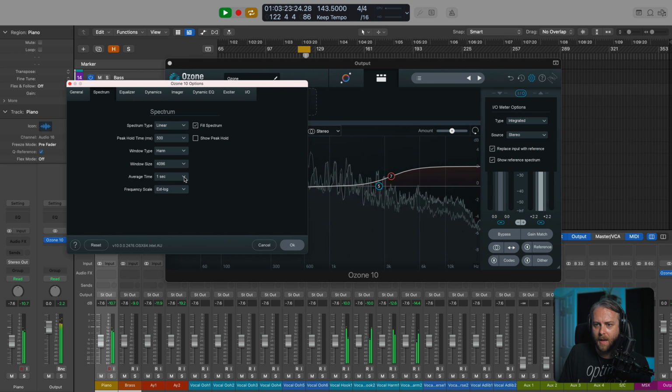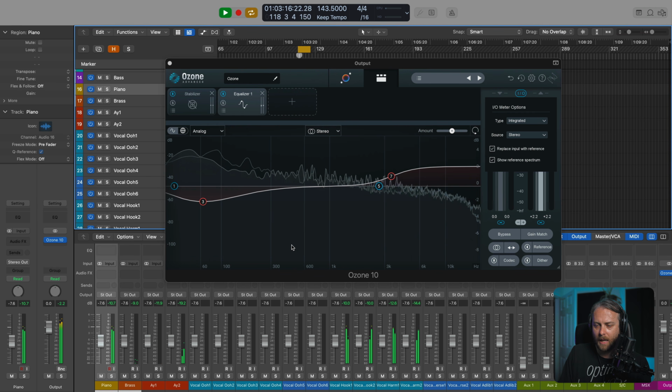Go to spectrum, and let's change average time to 10 seconds. And look at that, they're really in slow motion now. And I can see a lot better both of the profiles, and then do my EQ work with a little bit more information now that we've slowed time down a bit.